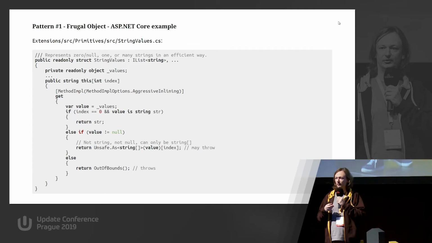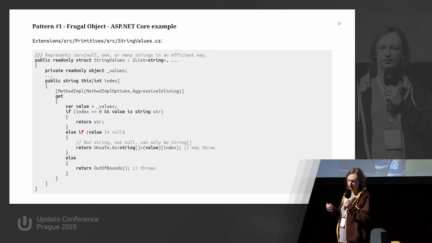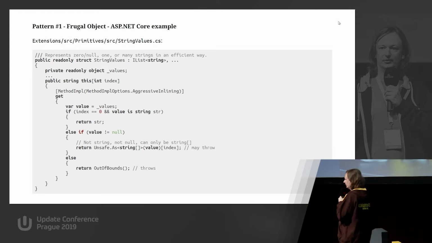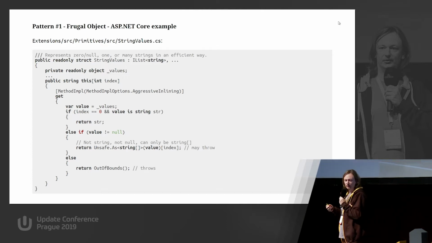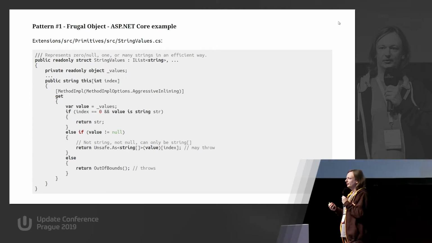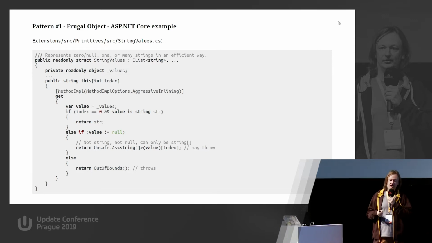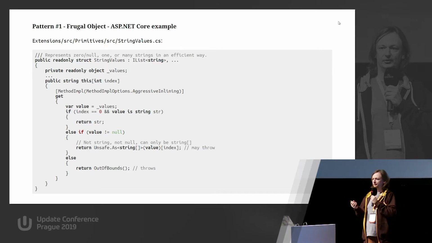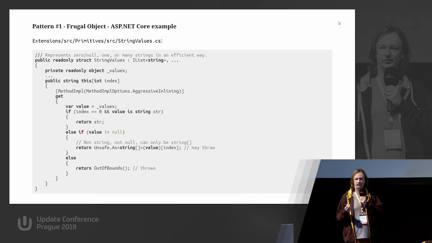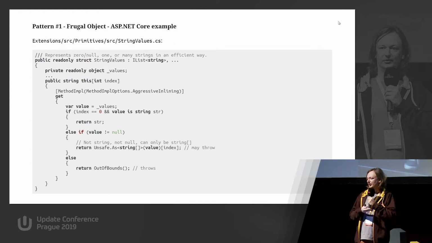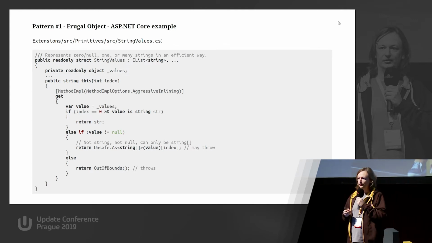Here we have something maybe not so intuitive. We have only a struct, because structs are more lightweight in most scenarios. Moreover, it contains only one field, and this one field can represent 0, obviously, because there will be null. It can represent a single string, or it can represent many strings. So it is quite strange code for us, simply because why are we doing such magic? It provides a lot of benefits, in fact.